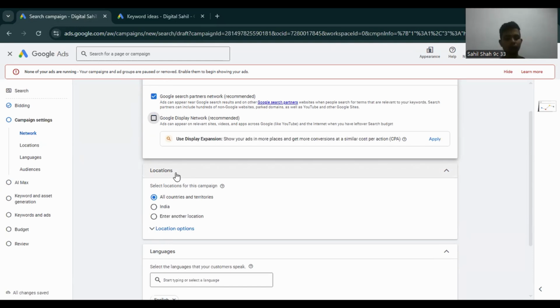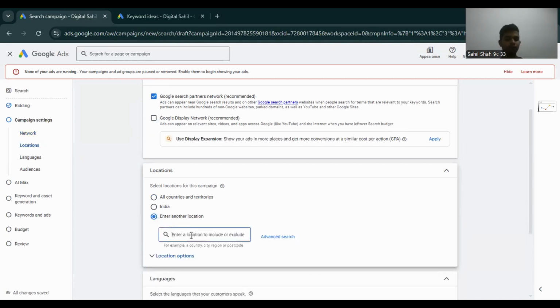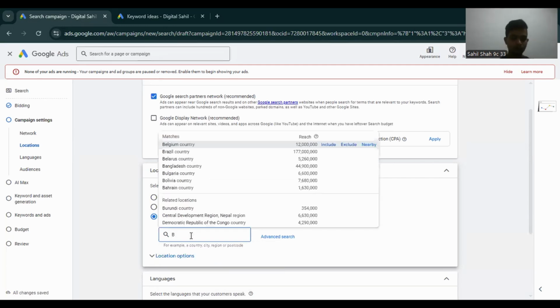If you want to target the audience for a specific location, just click on enter another location and add your location for what audience you're targeting. I'm just going to enter